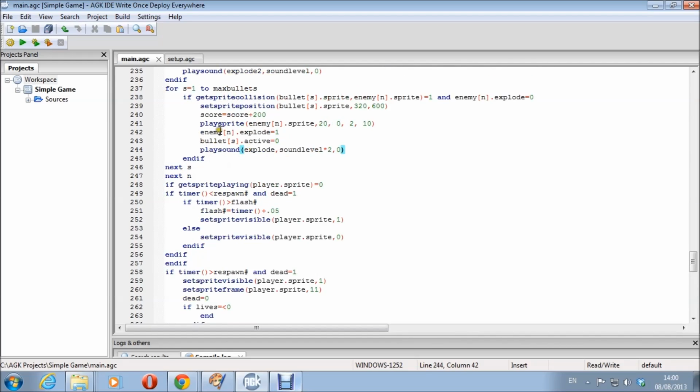So that'll basically sort out the bullet collision and everything. And this here checks to see whether your player sprite has been hit and it's playing the death animation. It checks the respawn timer and the dead flag, and if they're correct, or if timer is less than respawn rate and dead equals 1, it'll run this bit of code, which makes it visible or not visible, and makes it flash a bit while it's